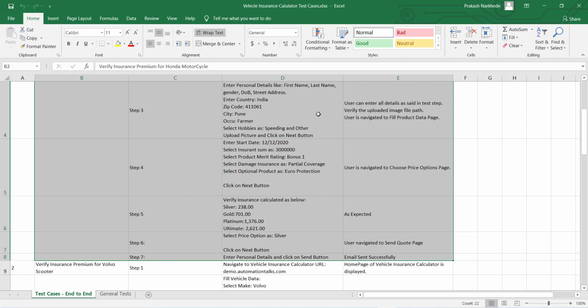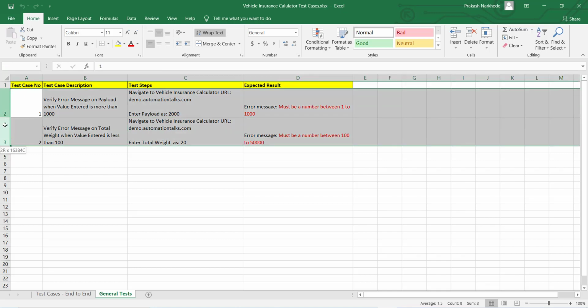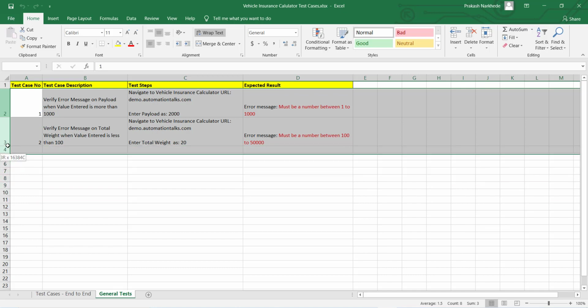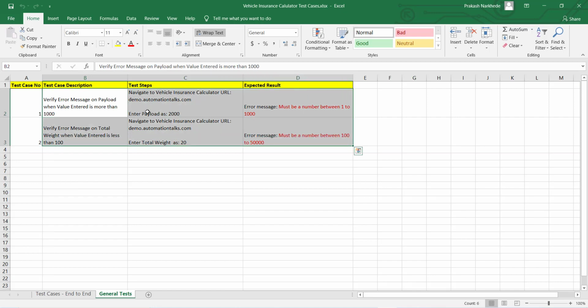So we will park this test case for a couple of videos, and first we will try to cover this error related scenario so that we get a little confidence in how things work. First I'll try to automate these two test cases, and there could be something more like this, but I have just drafted something like this. Once I'm done with these two scenarios, then we'll talk about the reporting part, how we can include reports, what are test engine reports, what are extent reports and all.